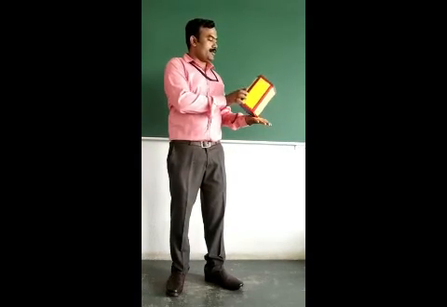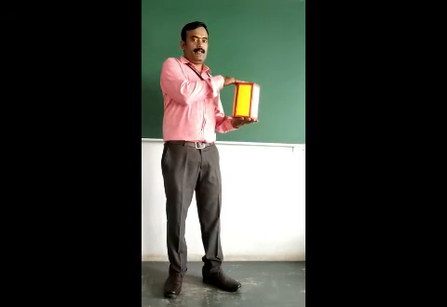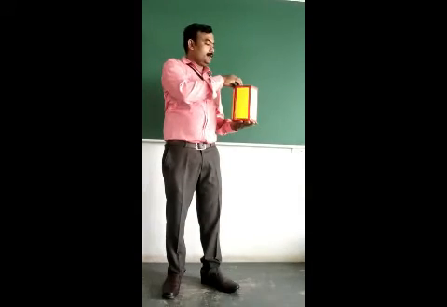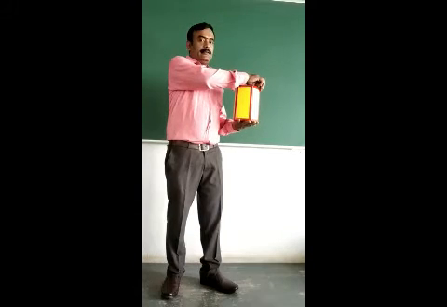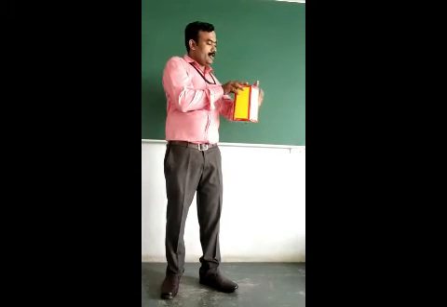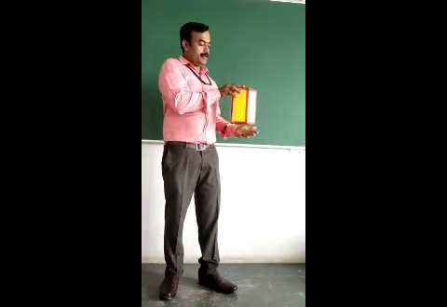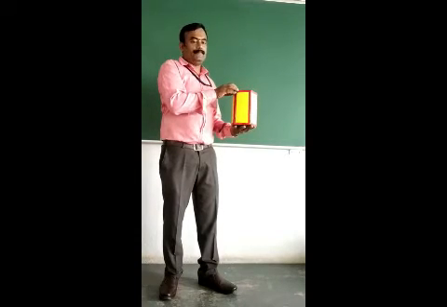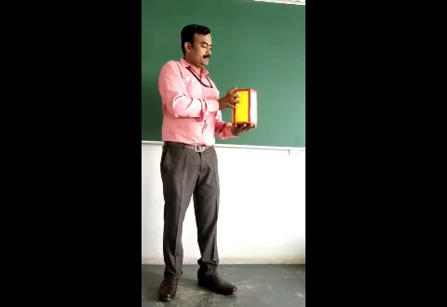So I will take this in such a way that the base of the solid lies on HP. Now draw the top view. So the true base shape is visible. Keep the corner on the right hand side. Make sure that if you draw an imaginary line from that corner, it should be perpendicular, so the opposite base edge should be perpendicular to the VP. Draw the top view. Project the front view.